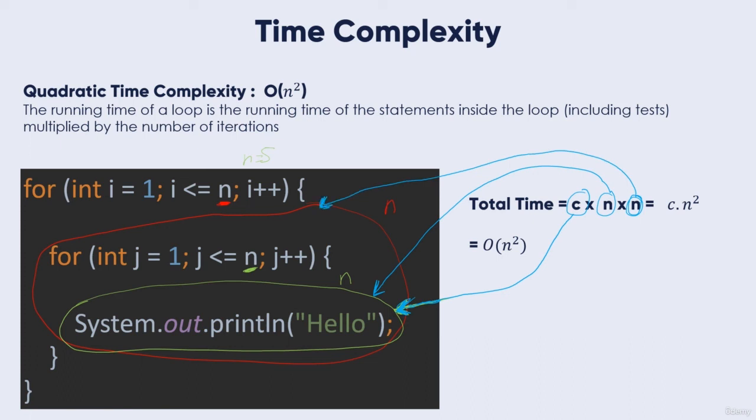So the outer loop is n multiplied by the inner loop n, and this statement is constant, so it will result in Cn squared. And since we have one term and we took the highest degree, and the constant is removed, it will result in O(n squared). So this is the time complexity of the quadratic